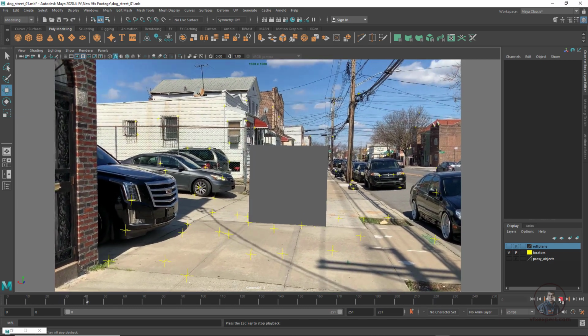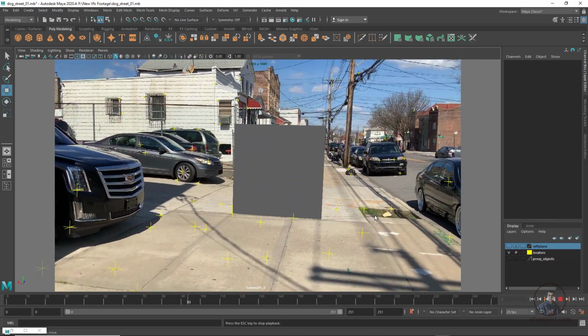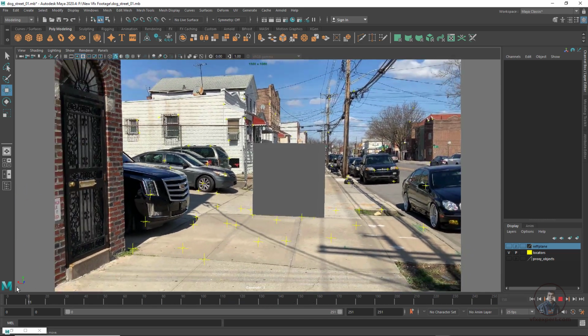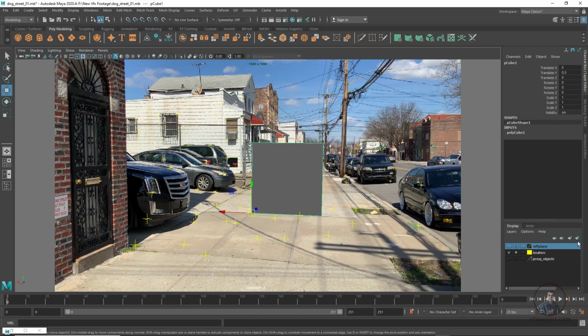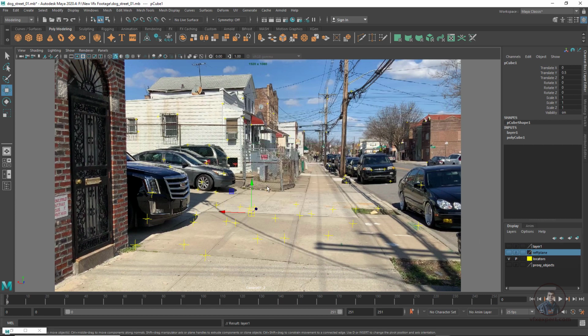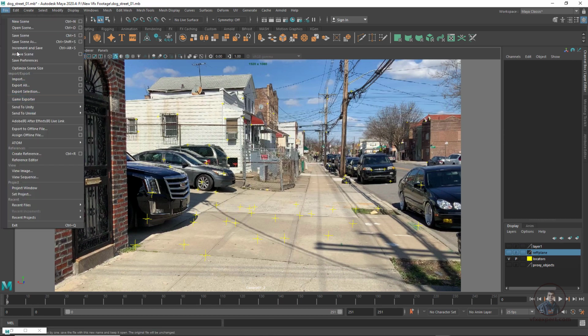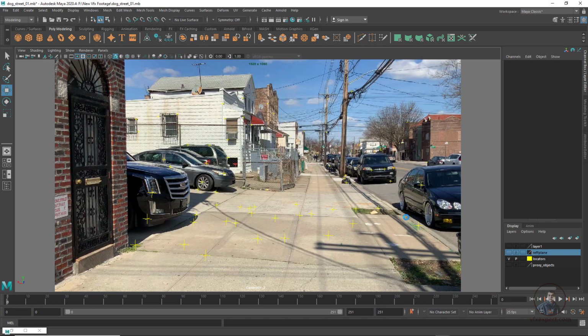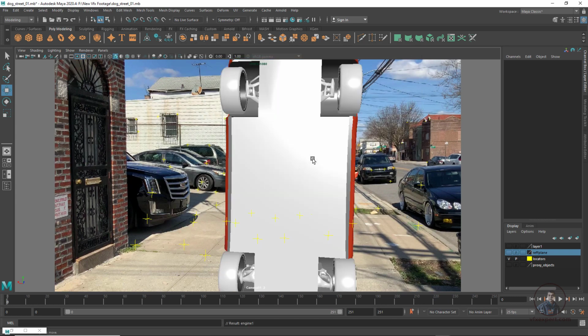Now if you will see, this cube is just placed on our ground here, and this is looking good here. Then after this we are going to import any 3D model here. Then again select this one, assign it to a new layer, then click on File, then click on Import, and just select your 3D model, car model here. So I have selected this one, then click on Import. So here I have imported.